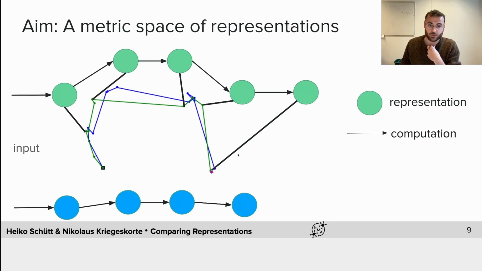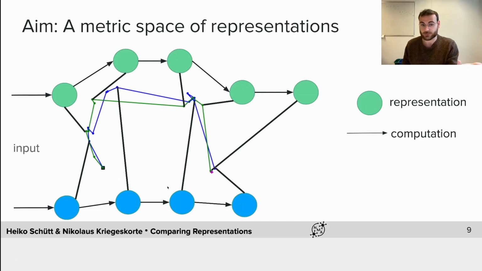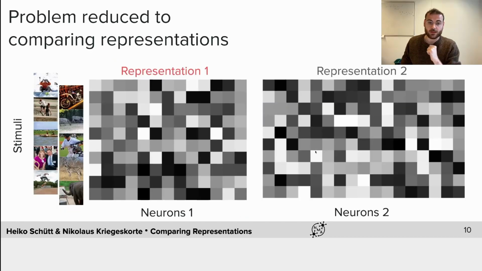And then because we know which of those points corresponds to which representation, we can talk about things like how much does each of the computations transform the representation, which of the representations are close to each other, i.e. somewhat corresponding, and then also about whole paths here, which then correspond to the full networks, saying something like, these two networks appear to be doing something very similar. And again, for that, we need now comparability of any of the arrows. We just need a comparison between those representations. And with that, we have now reduced the problem to comparing representations.